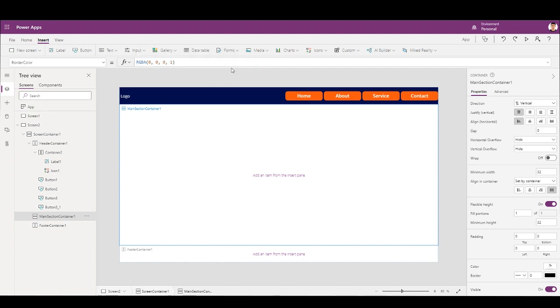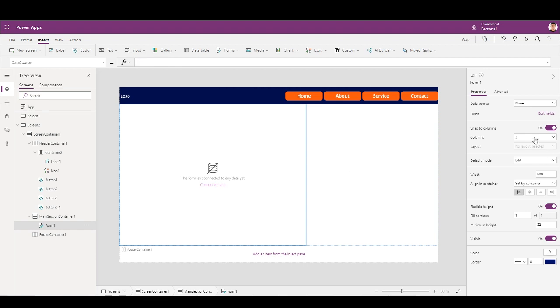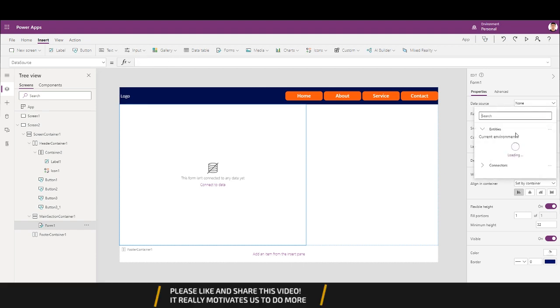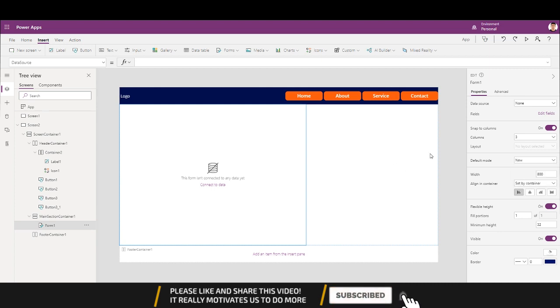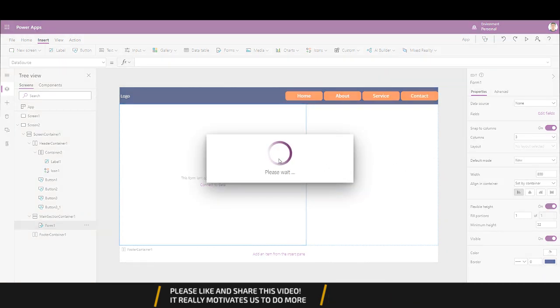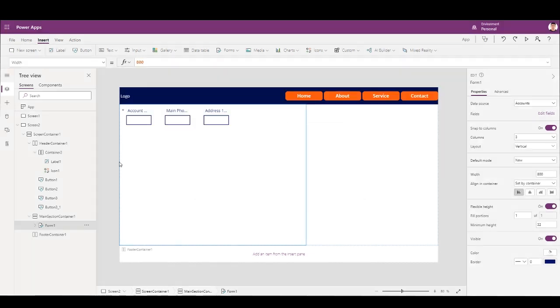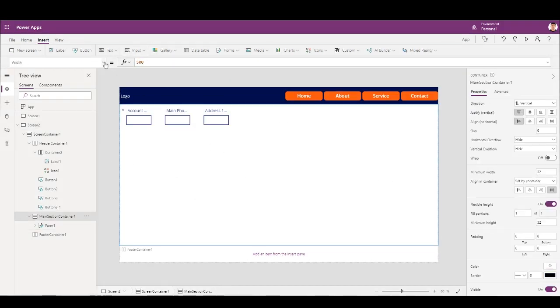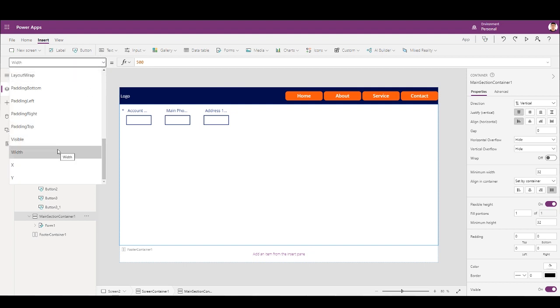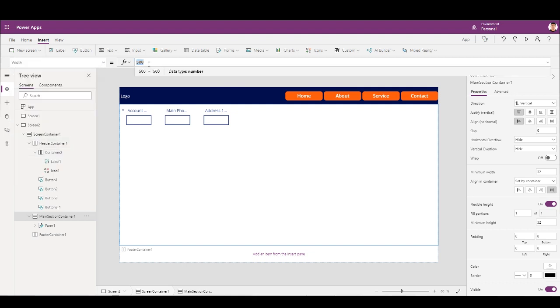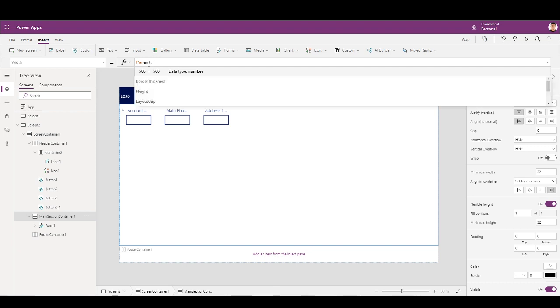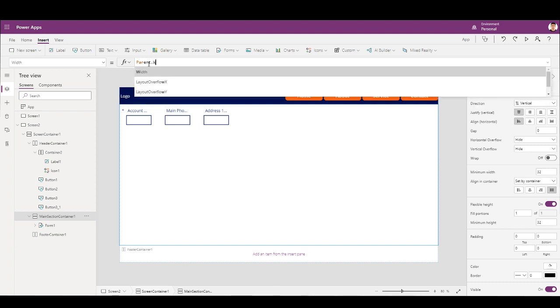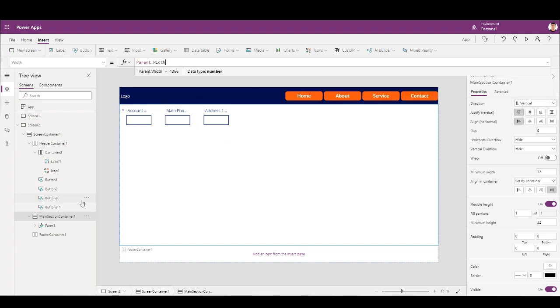So if you put a form within it and maybe just have a data source attached to it, I'll put the default mode to new, and now I will set its width. So I'll go to container first and set its width as Parent.Width, and so it will encapsulate the width of screen container 1.